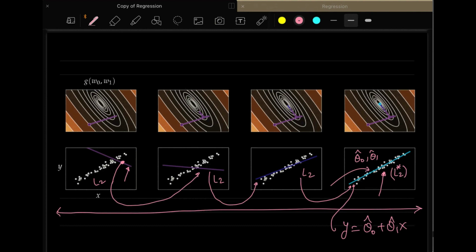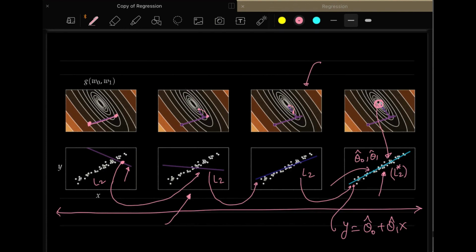Similarly, you can see the contour plots on the top, where this is the initial point where you started out, and then you moved to this point using gradient descent, and then from this point to this point, and finally you reach the optimal point over here. All these points correspond to the theta 0, theta 1, which are shown here in a different version. It's a contour plot, whereas this one is the normal plot which you normally observe.